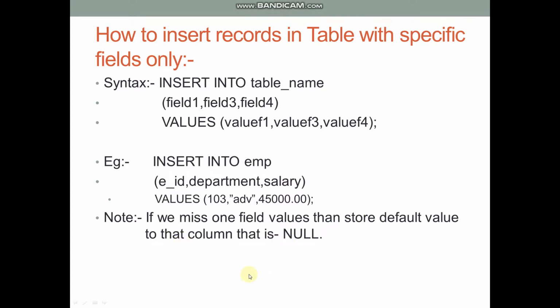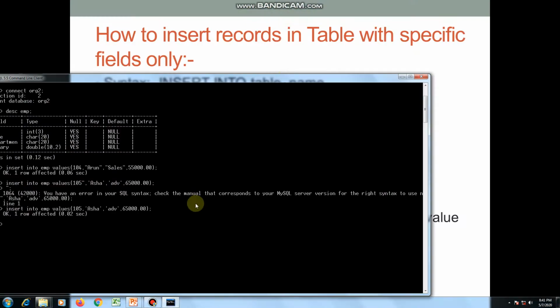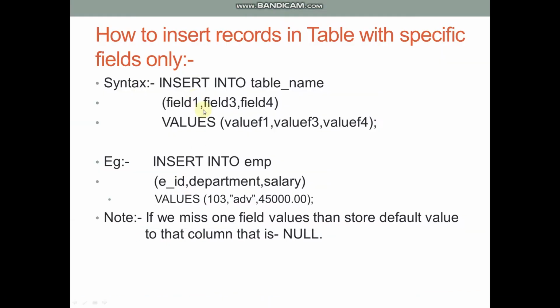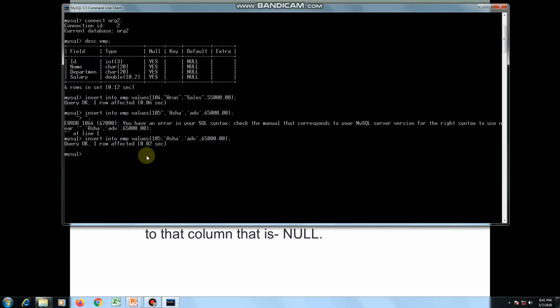So here we'll have a practical of this query, to insert a record by missing one field value. The same syntax will be used as we have learned: insert into table name, and then the field names list, and then the values attribute, and then values for only those fields for which we have provided field names in our field name list.